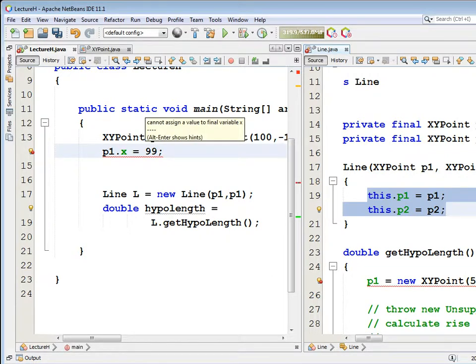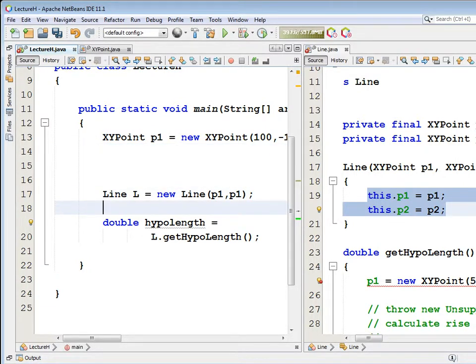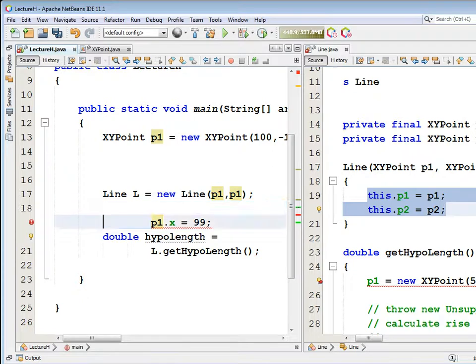all of a sudden its x value is set to 99. Now maybe you want the object, you know, from outside the code to be able to change the x and the y value of the points that you create. Maybe that's a cool idea. But maybe it's not, right? By assigning these, I am changing the data of my line when I may not be expecting it, right? If I went down here and did that, do you think it's cool that after I create my line, I can then go in and change the values of those points, you know, without the line really knowing about it? You know, the line picks up the effects,